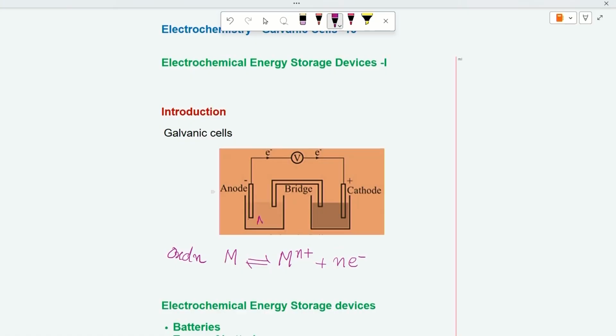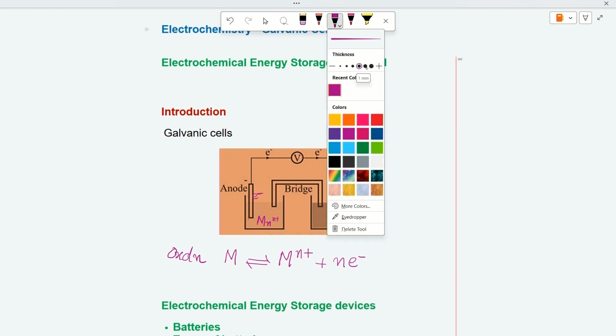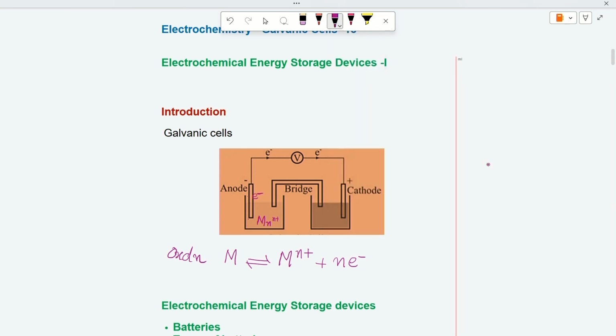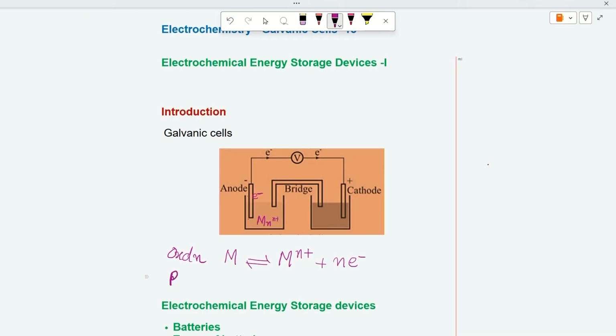Now, what happens is this metal ion goes into solution, while the electrons remain on the metal part. So, when the metal goes into the solution as metal ions, the electrons are left behind, and they remain on the metal part of the anode. Now, at the anode there will be accumulation of electrons, while at the cathode we have reduction taking place,